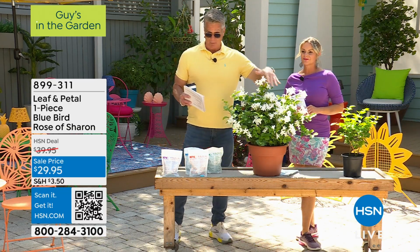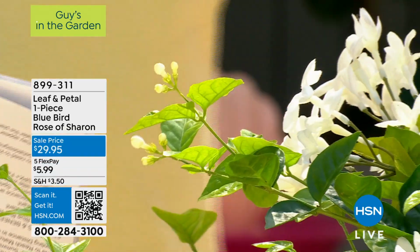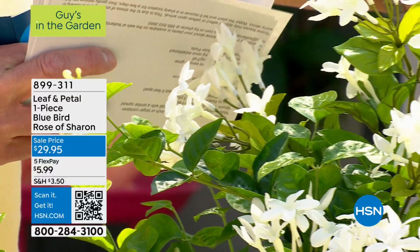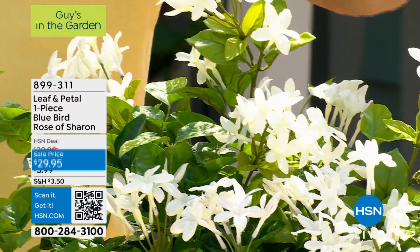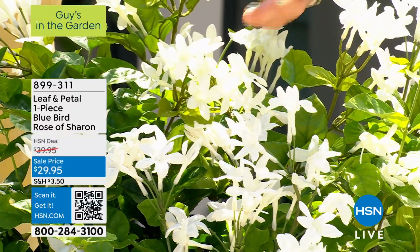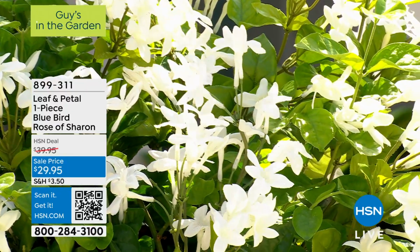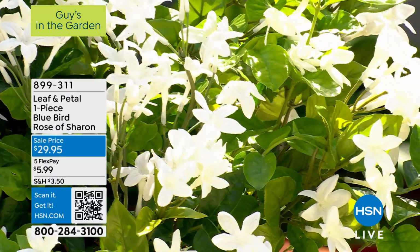The flowers are pristine white, all right? And what's neat about them is as they get older, they turn a shade of a little purpley color. Yes, they get a little purple, but they are beautiful and they are wonderful. This is why people love them as wedding flowers. Because they're very regal, they're crisp, they're pristine. We are doing the 1-piece set, and this is actually the wrong graphic, but we will pull up the right graphic. We are doing our jasmine on sale